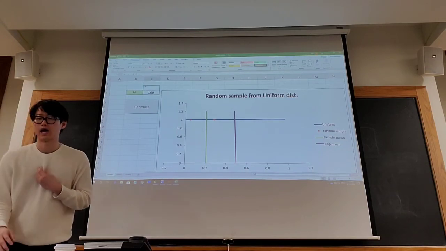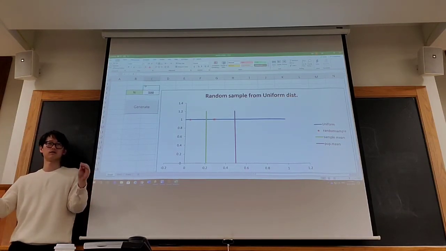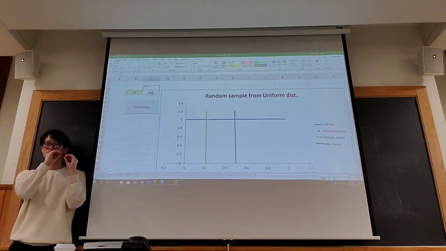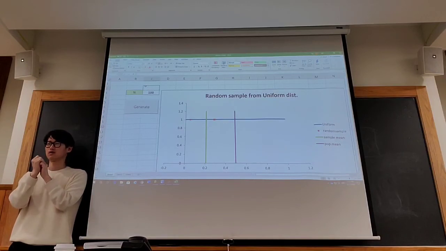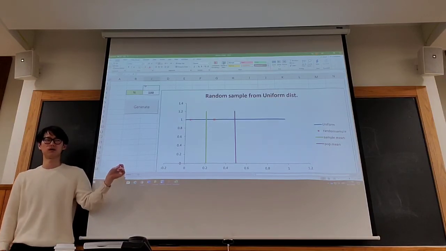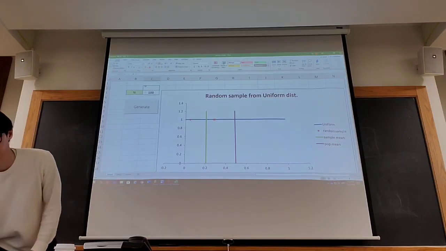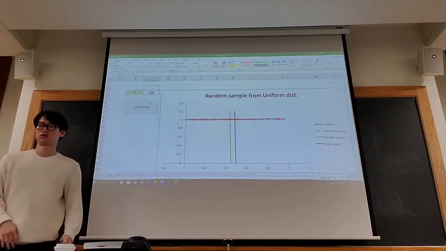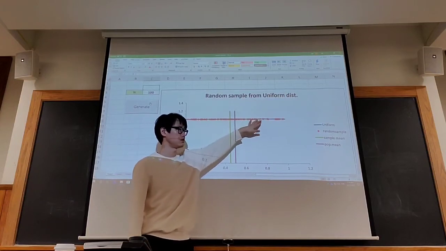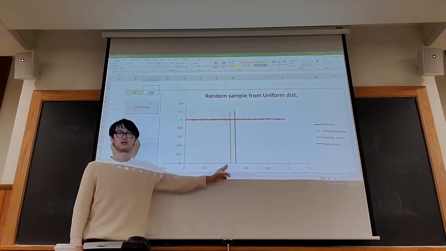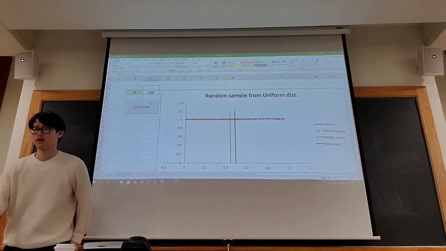That means I pick 100 numbers between 0 and 1, and then take the average of that to estimate the location of the purple one. If I pick that, I get 100 numbers here, and my green bar is here. Now if I hit it again,